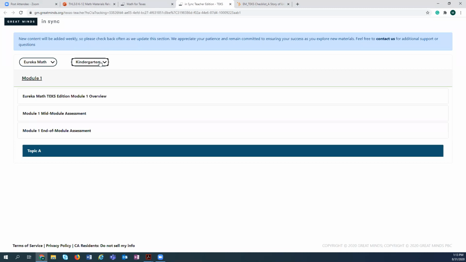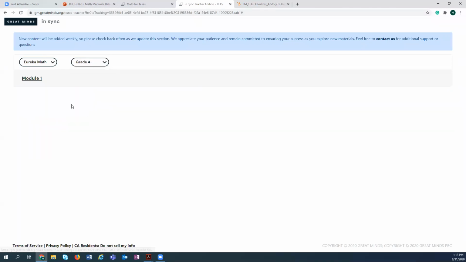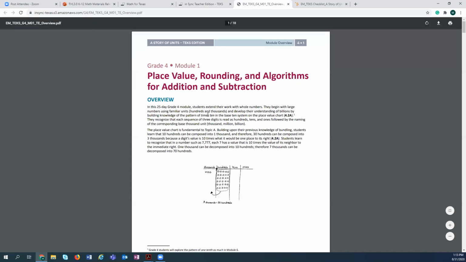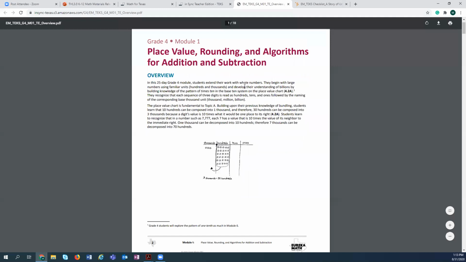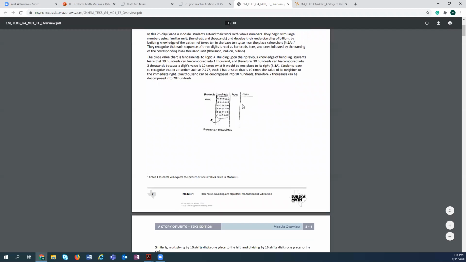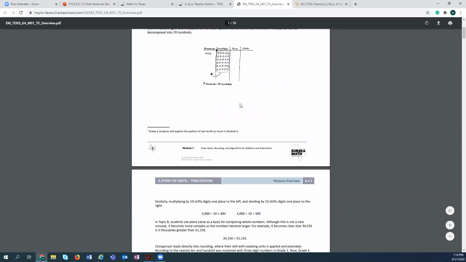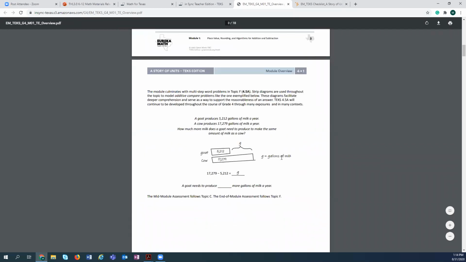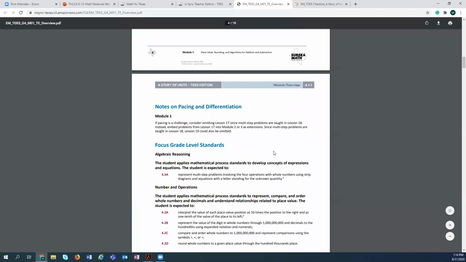So I'm actually going to preview some things that are in grade 4. When I go to the InSync and I click on module 1, some of the top items that are available today for you to look at is the module 1 overview. In this overview, it helps you better understand what the topics are within module 1, provides some content and background information that supports teachers in understanding the progression of the topic, different strategies used. Following down here, you're also able to see specifically.